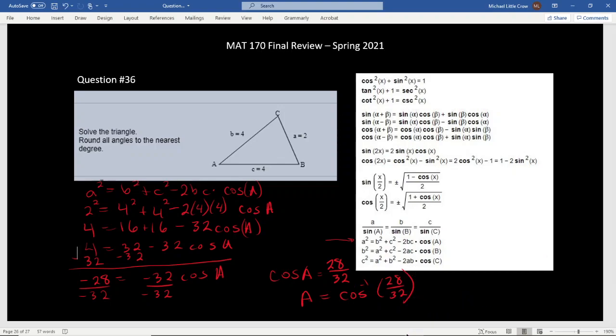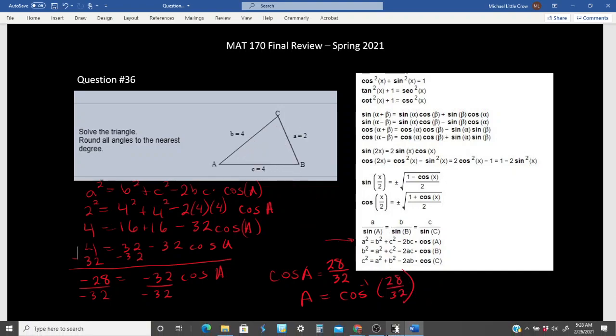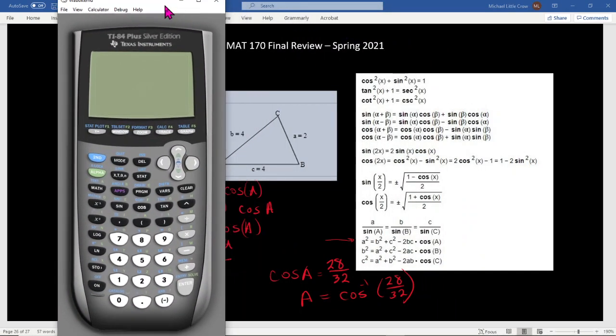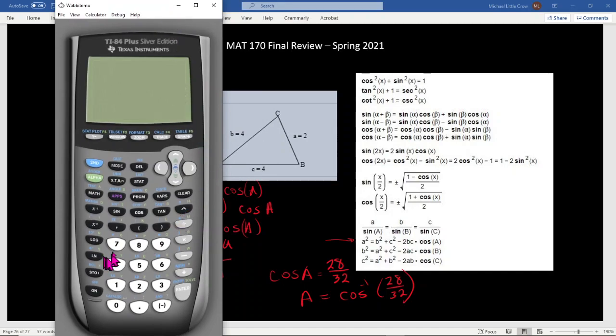That'll give us A. And then noticing that B and C are the same makes it isosceles. It means that also the angles B and C will be the same, so it makes it a little easier. So we go here, do inverse cosine, so that's shift cosine 28 divided by 32. This is our angle, 28.9,